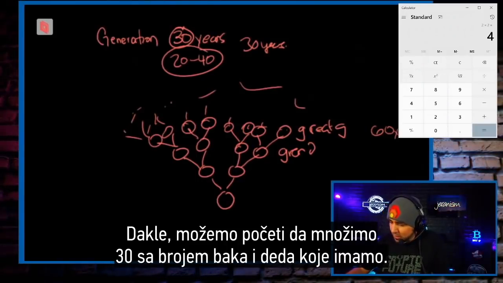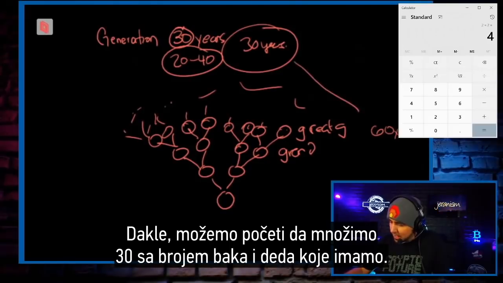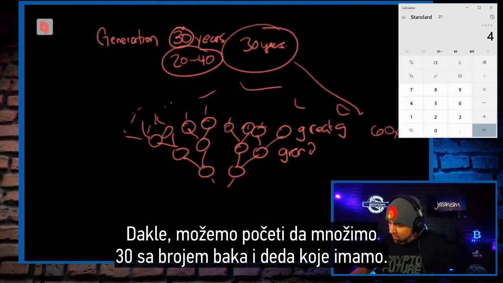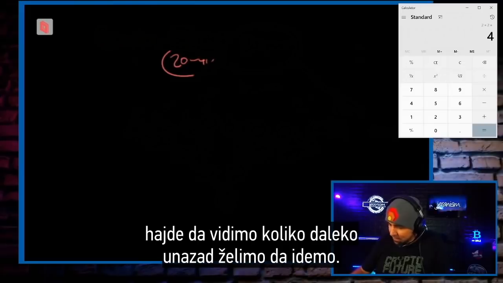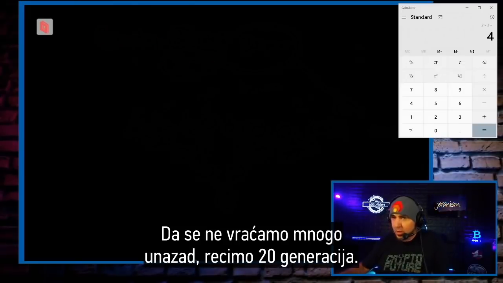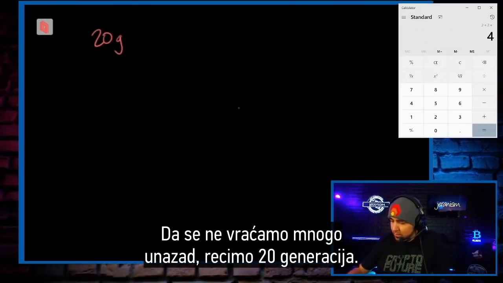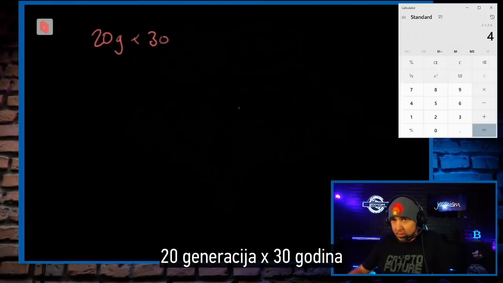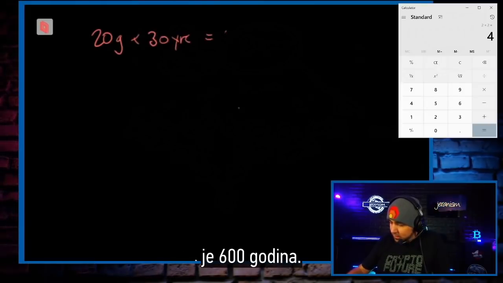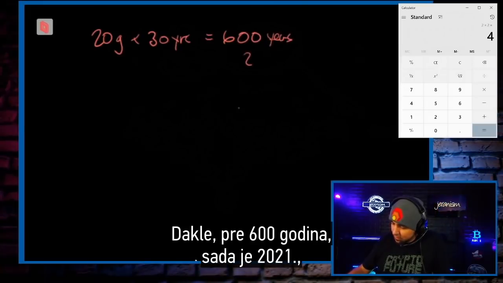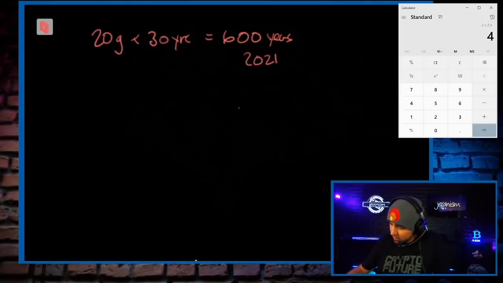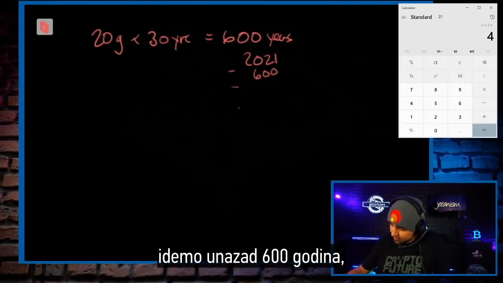So what we can do is we can start multiplying 30 by the number of grandparents that we have, okay? And we can figure out how quickly or how many descendants do I have. Let's think, how far back do we want to go? Let's not even go very far back. Let's go 20 generations, okay? 20 generations times 30 years is 600 years, okay? So 600 years ago, we were in the year 2021, and we can go 600 years, okay? And that puts us at